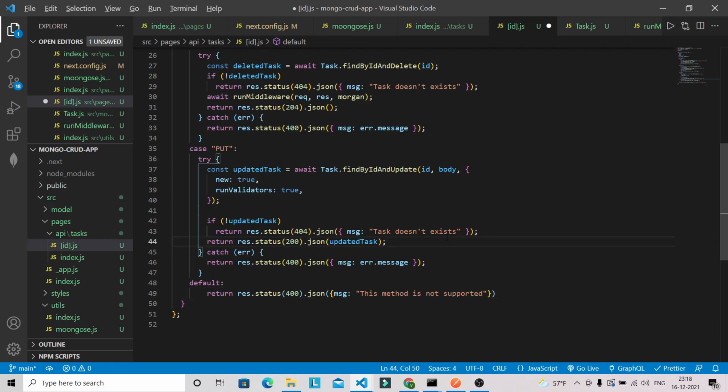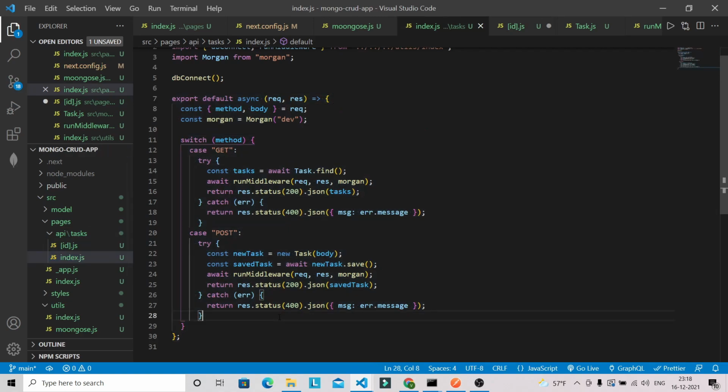So we will verify this one as well. First let's copy this one because we also need to add it here in the index.js file. So after this we can add it. Let's save this file.